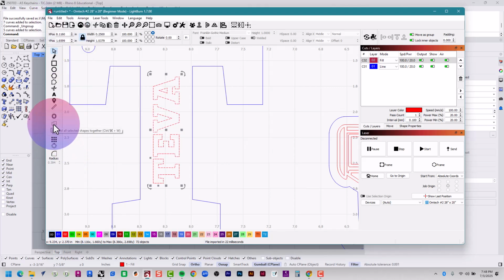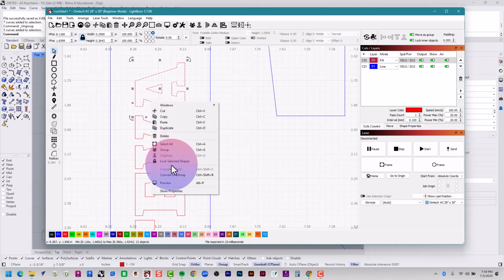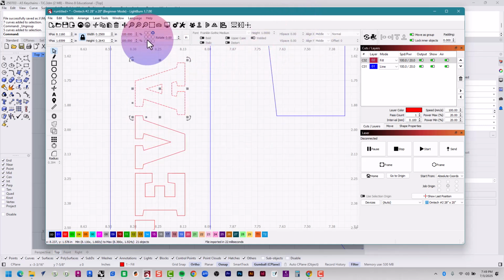Let's see if I click on this one here, weld all shapes together. Does that help? Let's click on this one. No, it's still a bunch of separate lines. So let's select all of these. Right click it. Let's see, join. I'm trying to join all these, so